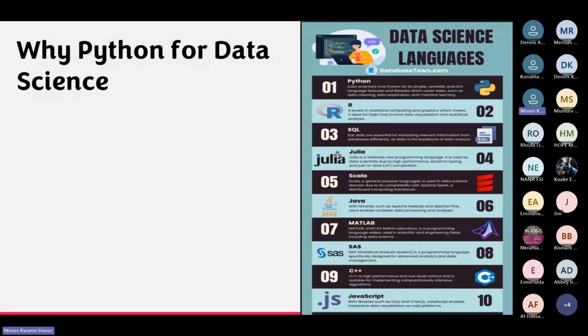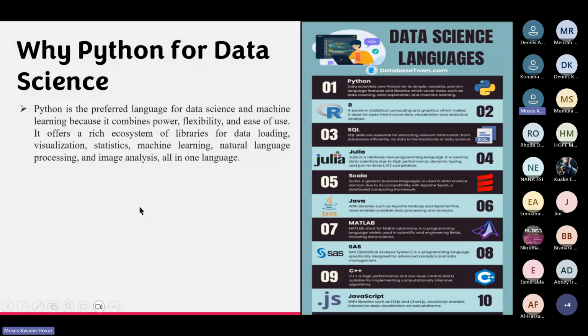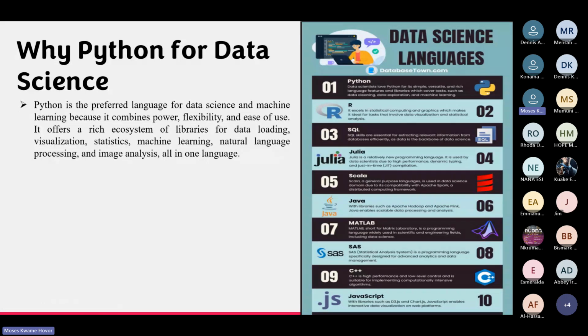So, as I've already mentioned, Python is a preferred language for data science and machine learning because it combines power, flexibility, and ease of use. It offers a rich ecosystem of libraries for data loading, visualization, statistics, machine learning, and a lot more. We'll be looking at NumPy, Matplotlib, Pandas, and Seaborn.